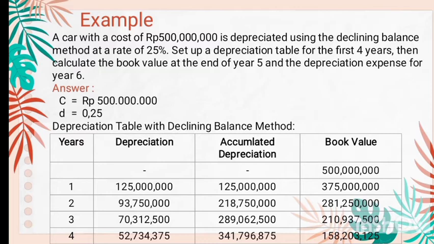Set up a depreciation table for the first 4 years, then calculate the book value at the end of year 5 and the depreciation expense for year 6. Okay, so this is the depreciation table with the declining balance method. Use the formula